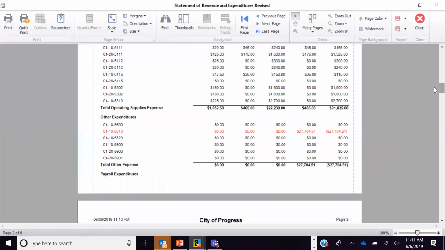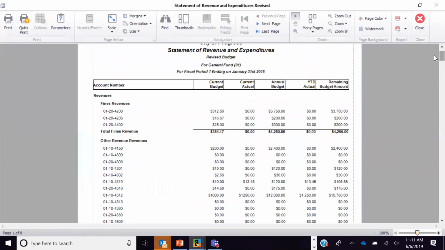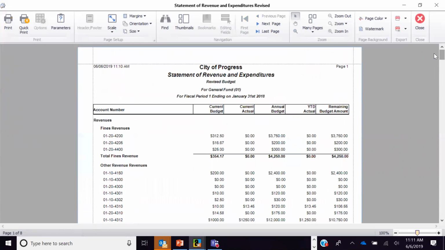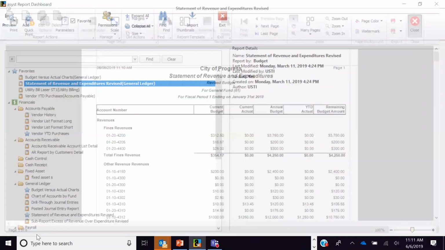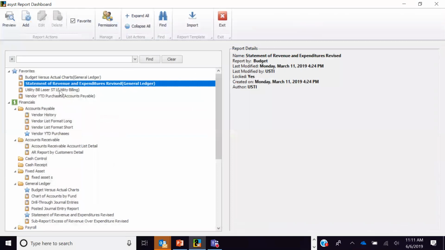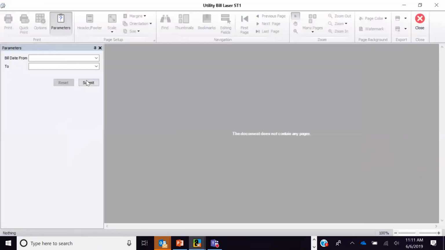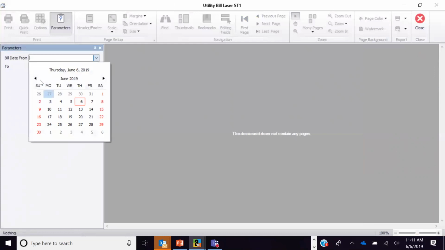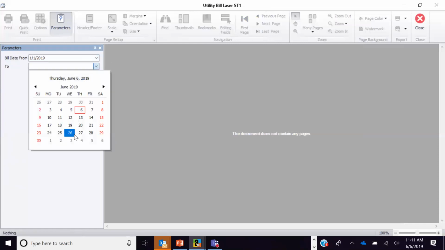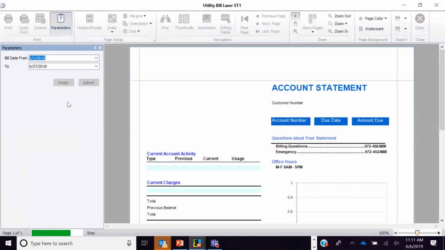But like I said, we built this report just like the statement of revenues that we currently have on the financial side, but it's in the report designer that you can modify. I just wanted to give you an idea that you can do some pretty complex reports. Now, the next thing I want to show you is an example where you might want to change the utility bill format. So we actually used this tool to create a utility bill. I can't remember what dates they have this for, but it's essentially the laser statement format that we have,